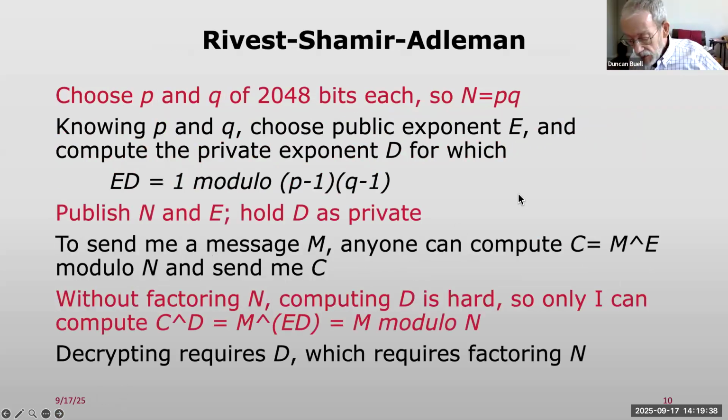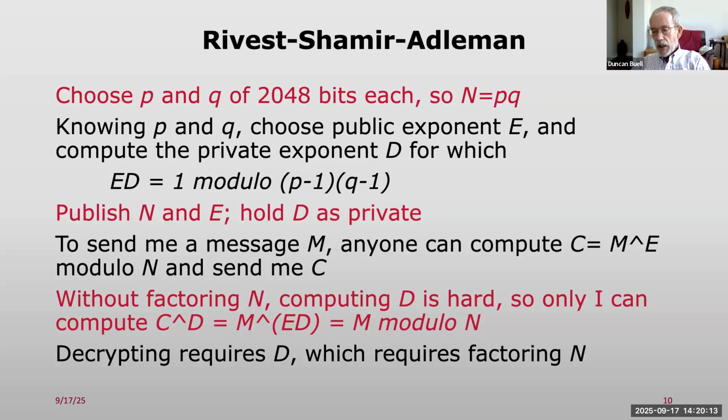Now, the Rivest-Shamir-Adleman, RSA crypto system: essentially you choose P and Q of 2048 bits. This is doing it today. When this came out in 1978, your primes P and Q would have been 256 bits, maybe 512 bits long. But computers have gotten faster. So knowing P and Q,